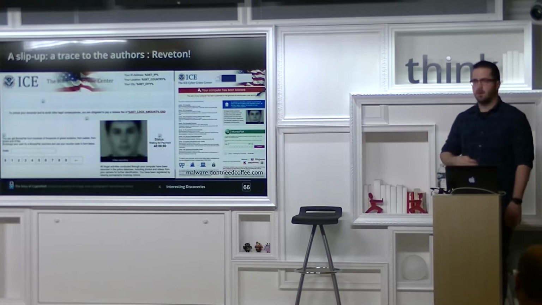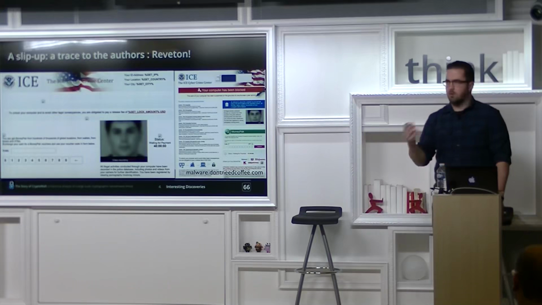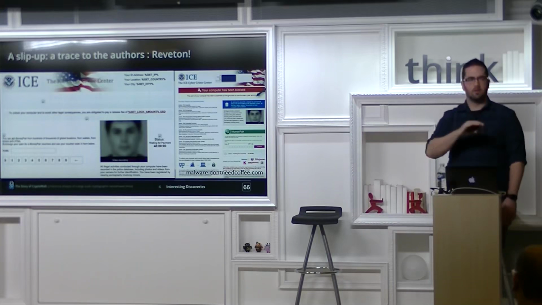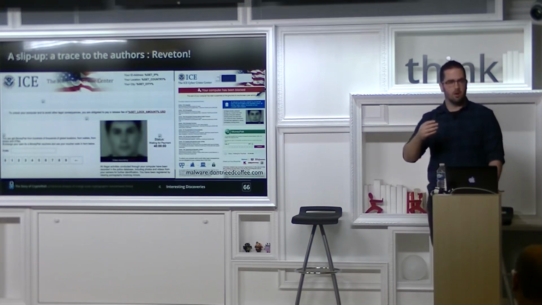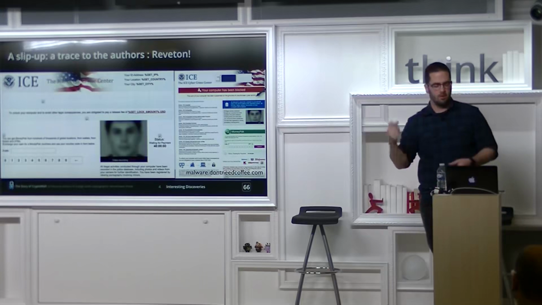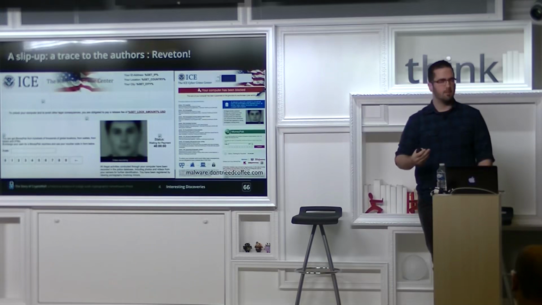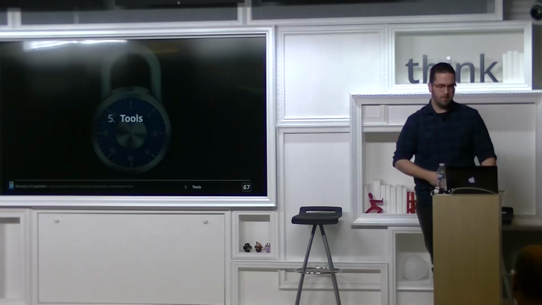What's kind of interesting is that these file blobs were also used for these lockers. The old lockers would just request all the different images for the lock page from a server, but this one would actually get a file blob, the latest version, which was similar to the Cryptowall stuff. So maybe a lead to the authors.